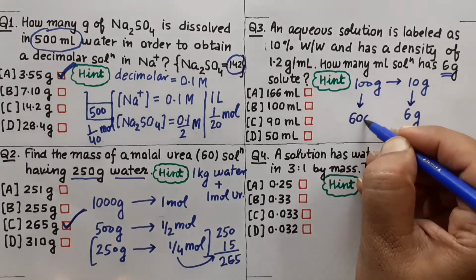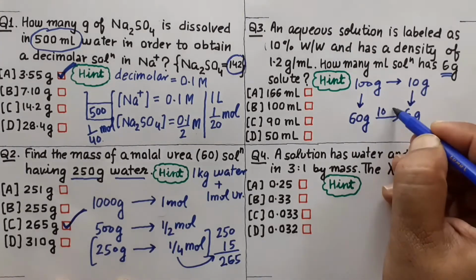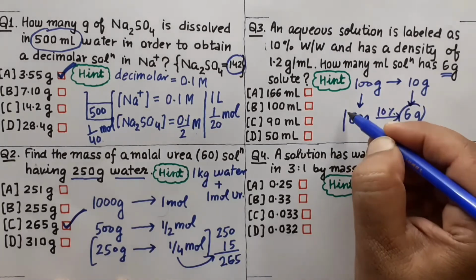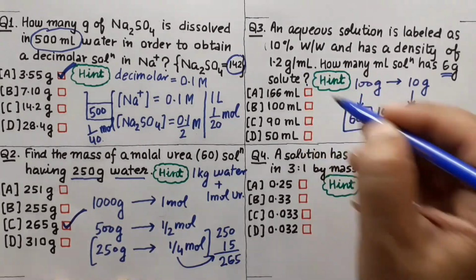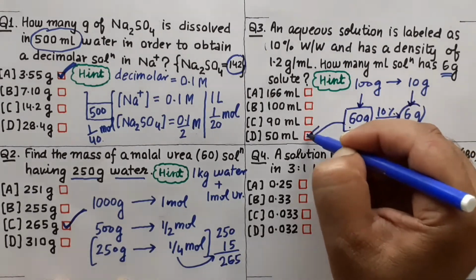60. तो 60 ग्राम. आप देखो ये भी इसका 10% है, right? This is also 10%. तो ये हमारा सोल्यूट हो गया. अब मुझे बस वॉल्यूम चाहिए, so I will use the density part. 1.2 डेंसिटी से डिवाइड कर देंगे, so this will take you to the 50 ml solution.